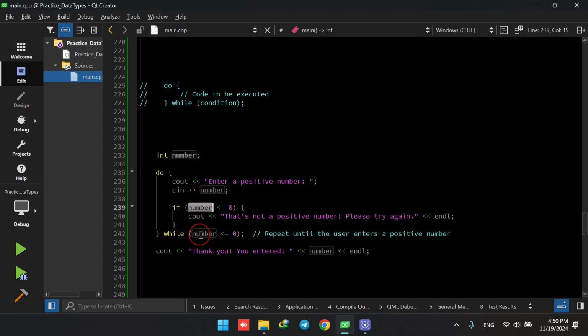And then it comes here. So the condition is that if the number is lower than or equal to 0, it repeats until the user gives a positive number. To say it in an easy way, it asks me to give a positive number. If I enter a positive number, the loop will finish, and then it prints out this line,